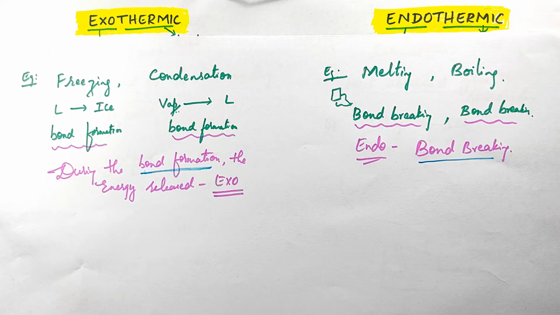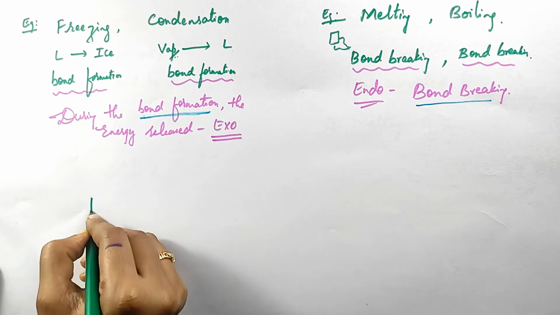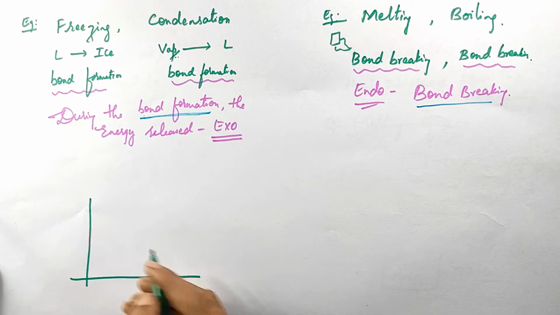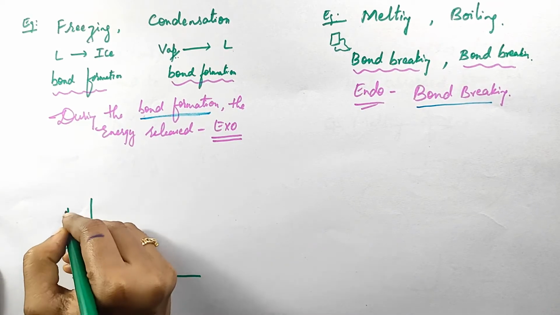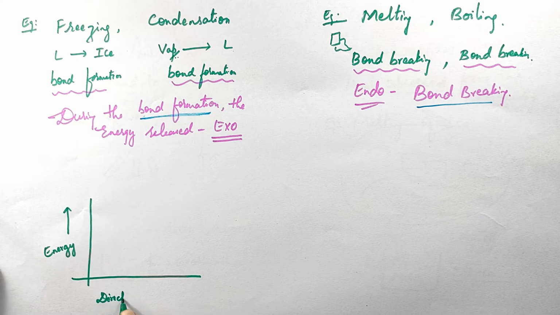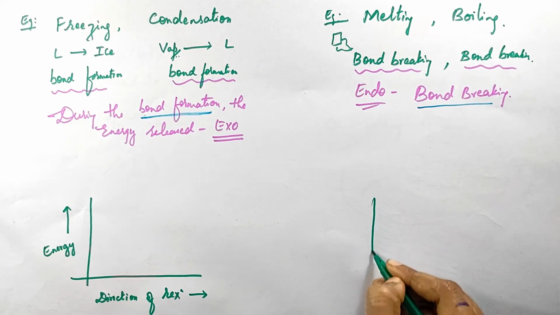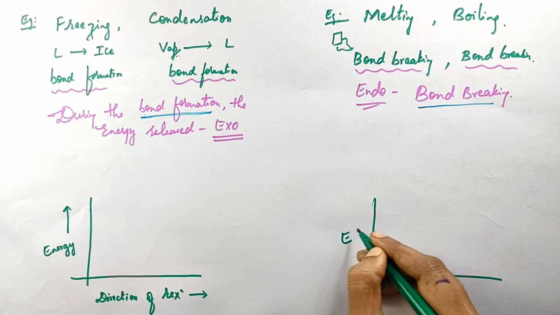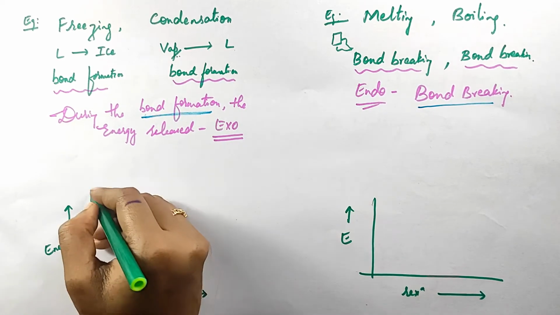Okay. So next, let us see the graph on this concept, exothermic and endothermic process. In the graph, energy is along the y-axis and the direction of reaction is along the x-axis. In the same way, for endothermic, energy is along the y-axis and the reaction along the x-axis. So the graph is like this: